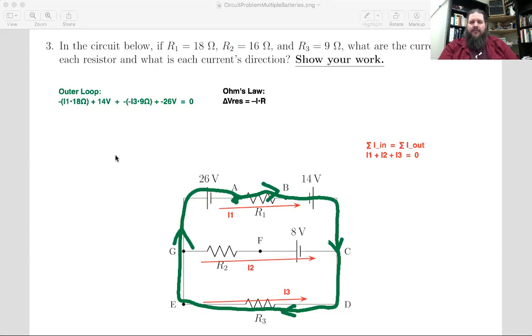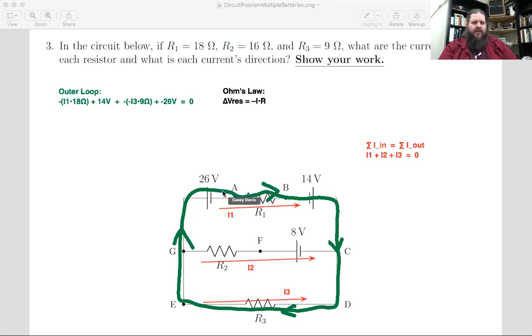Any other questions on that loop rule so far? I have a question about the batteries. I feel like A and B are between the negative terminals of the battery. So does that mean there's no voltage difference, it would be 0, or does it just mean that A and B are both at low voltages